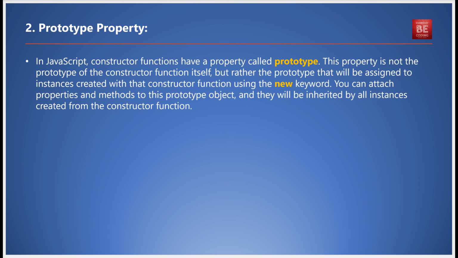Now let's talk about the prototype property. In JavaScript, constructor functions have a property called prototype. This property isn't the prototype of the constructor function itself, but rather the prototype that will be assigned to instances created with that constructor function using the new keyword. By attaching properties and methods to this prototype object, they will be inherited by all instances created from the constructor